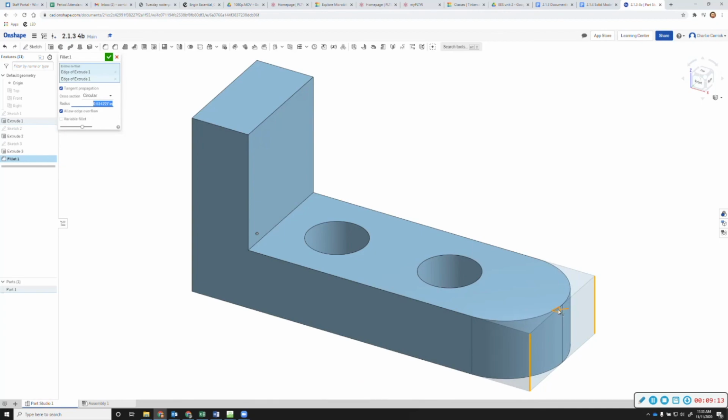And I let go, and it tells us that it's a radius of 0.51. I'm curious if I make it a radius of 0.5, what that would be. Oh, that's perfect. Okay, so I figured out what it was just by practicing and playing with it. That's why it's important if you want to manufacture a part, you give them all the absolute correct dimensions. And then I'm done with that. And there we are. And that's how you